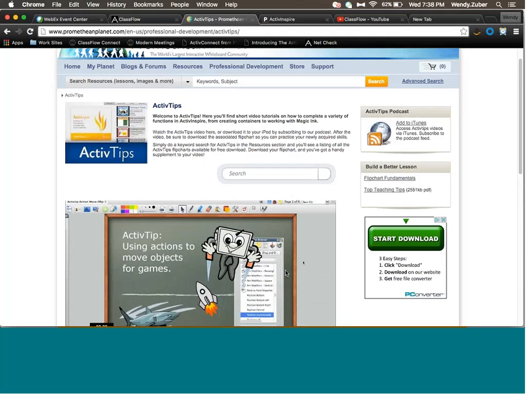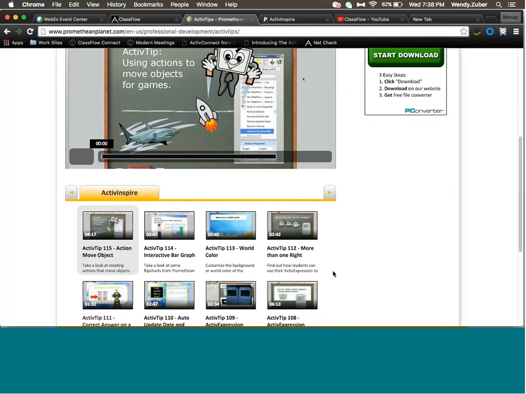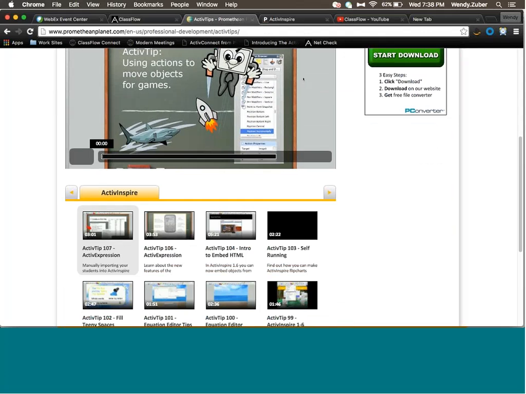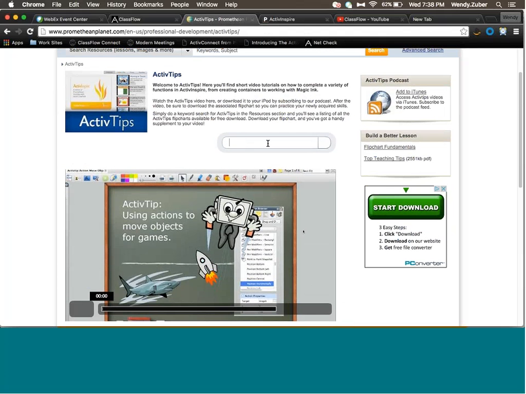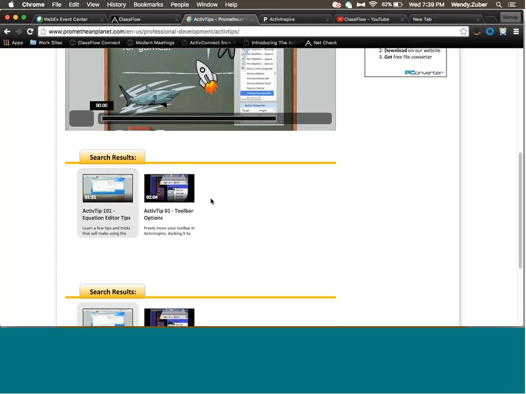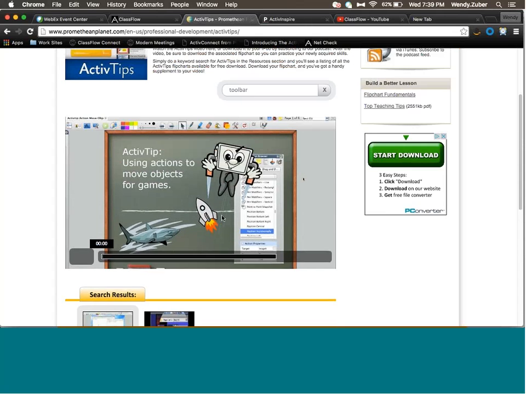So a really great way to sort of look. Again, there are 115. You can scroll back and forth on these by clicking on the little arrow over on the right-hand side to get to video number 1. Or if you have a particular topic that you want to search for, like toolbar, you can click on toolbar, or you can type in the word toolbar in the search engine here, and it will tell you that there are 2 videos, and when you scroll down, you'll see those 2 videos that reference the toolbar,